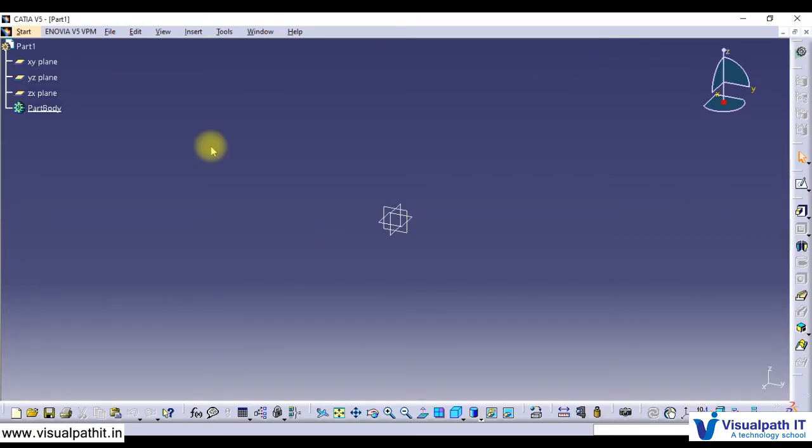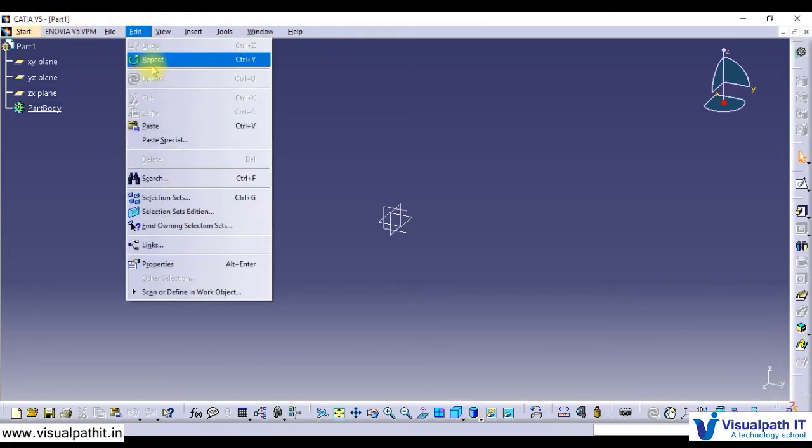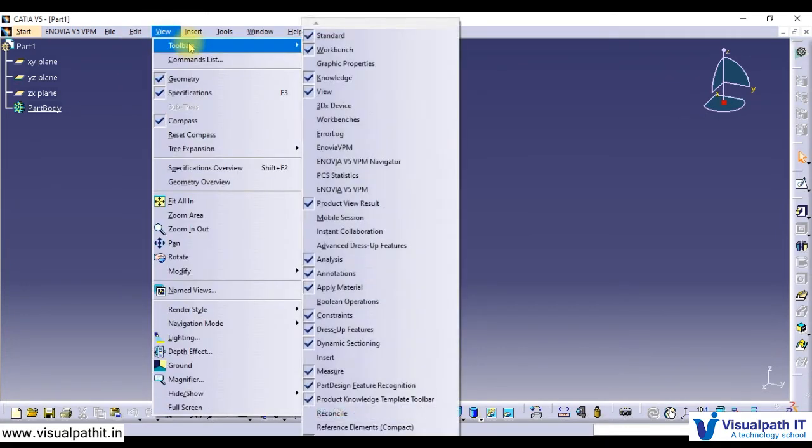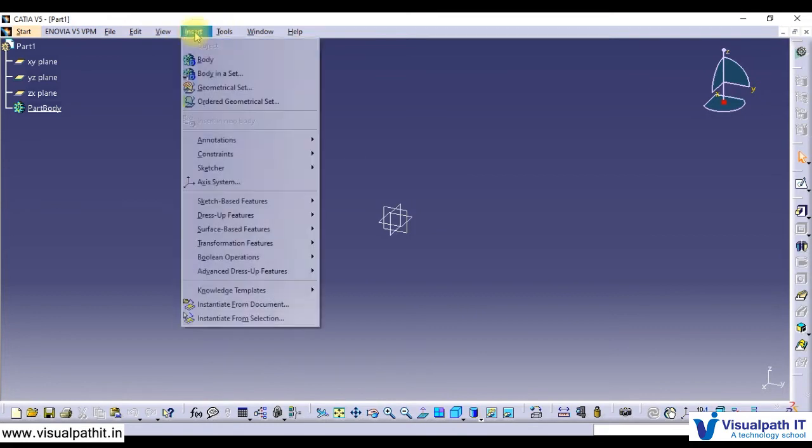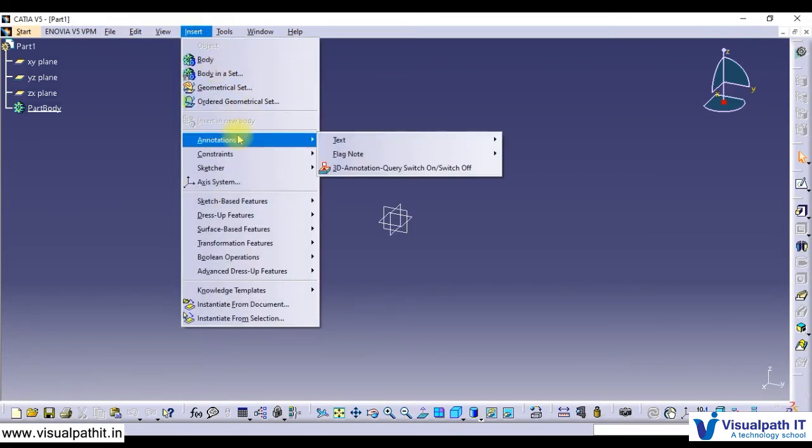These are all the different toolbars and options, viewing options and visibility options available. These are the extrude and other user functions available. These are the toolbars that you have over here, and all the functions that you can operate in this.